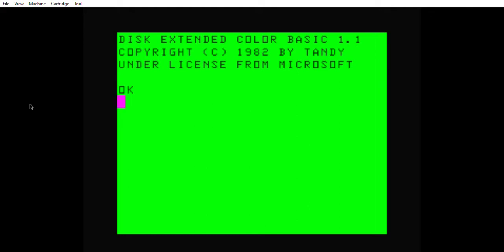Here's a weird bug that I came across when I was writing my latest program about the piano. So let's take a look at this bug here. If we put line 1 as A equals 1,